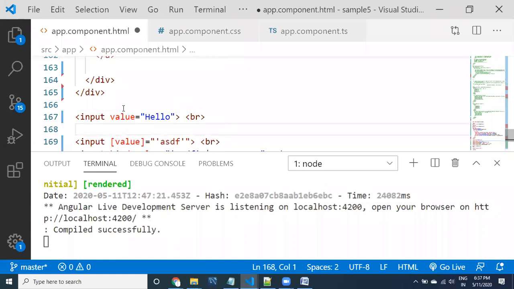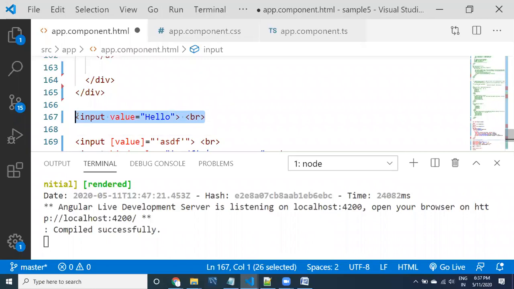I'm not using any Angular code here, directly I'm using value. So this value is an attribute of this input text box. For every HTML element there are different types of attributes. You can go to Google and verify that each tag has different types of attributes as well. Now coming to input and value equal to hello.